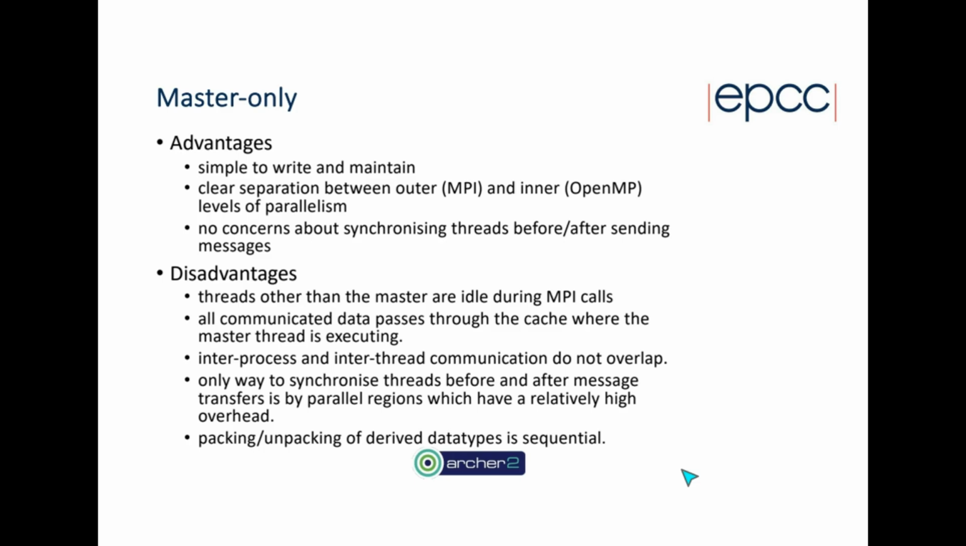Master only does have a bunch of downsides, though. It means that threads other than the master thread are idle during MPI calls. So while the master thread is doing MPI, the other threads, and therefore the other cores, logically don't actually exist at that point. In particular, the other cores are guaranteed to be sitting there doing nothing while the MPI calls are